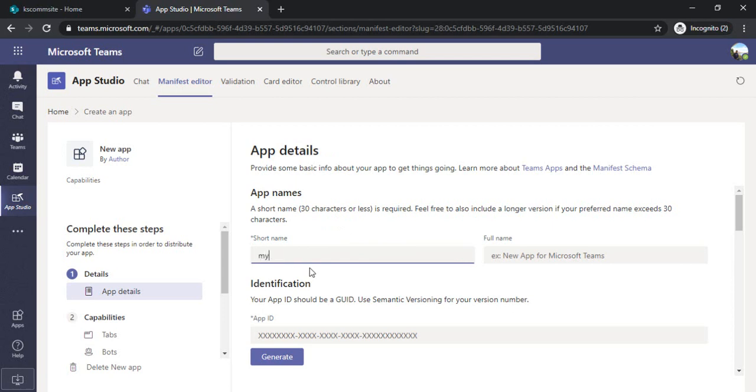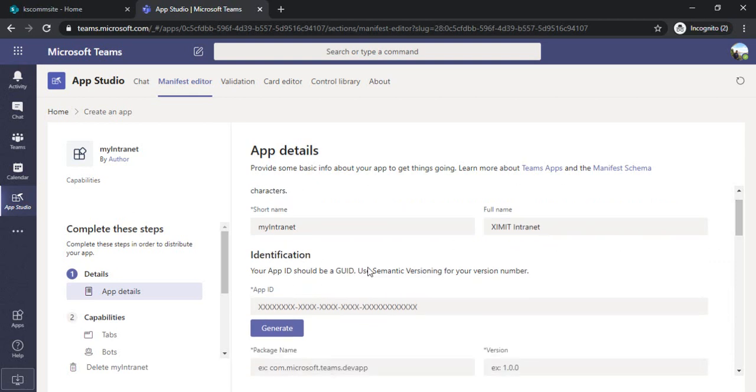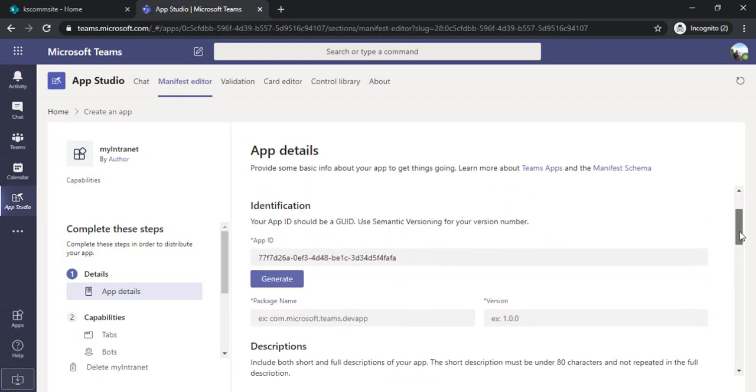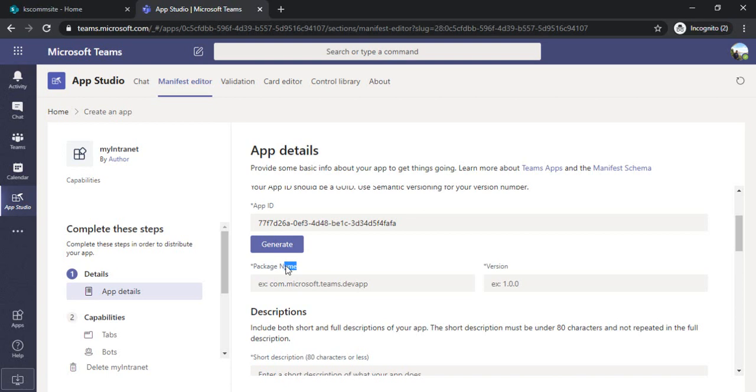Okay, so in app details, I'll be typing my intranet, and the full name, XIMT, my company name, intranet. Under identification, we have to generate an ID so that each app can have a unique identifier. This will create one new GUID. I'm scrolling down. Now I need to specify the package name, which is mandatory. You can specify it based on your tenant name possibly. So I can just try SharePoint/dev,